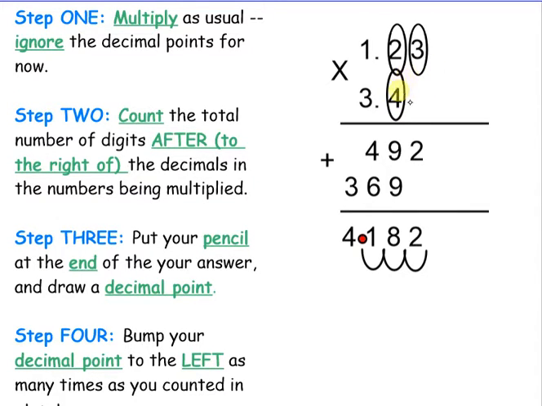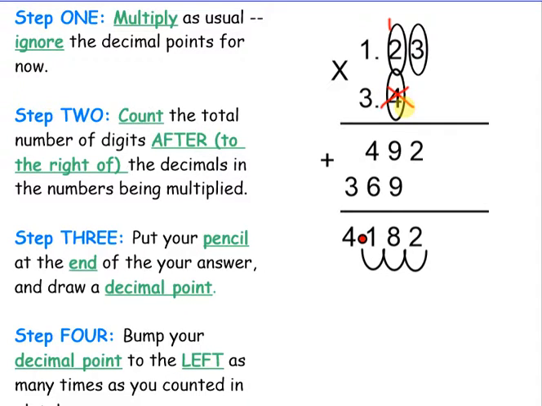Okay, so I'm going to do 4 times 3, which is 12. So I'm going to carry the 1 and write the 2 down here. 4 times 2, which is 8, plus 1, which is 9. So here's my 9. And then 4 times 1, which is 4. Okay? It's at this point, I kind of like to cross out the 4